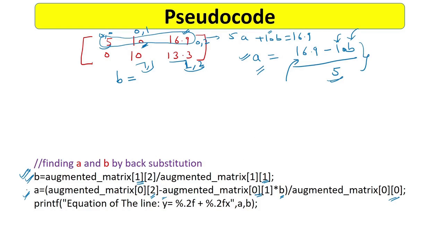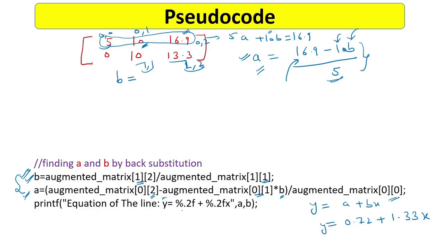Okay, so I have got the value of A and B. Now I am printing the equation. I have to just print the value of y equal to A plus Bx. So I should print A, which is actually 0.72 as I have told you earlier, and B I was getting as 1.33 into x.